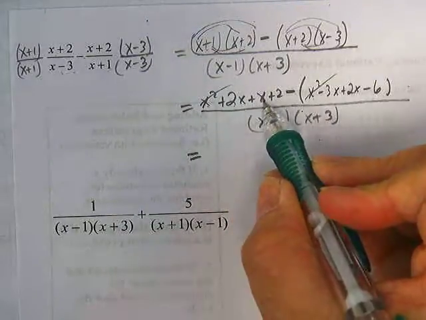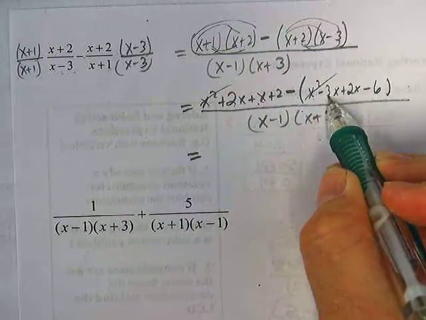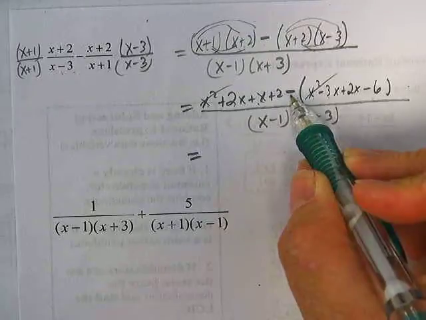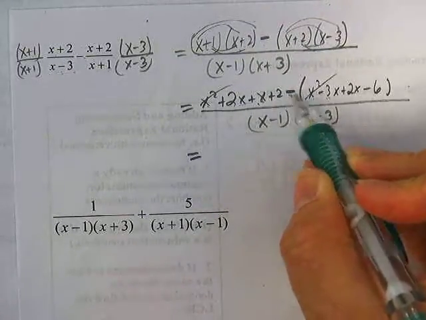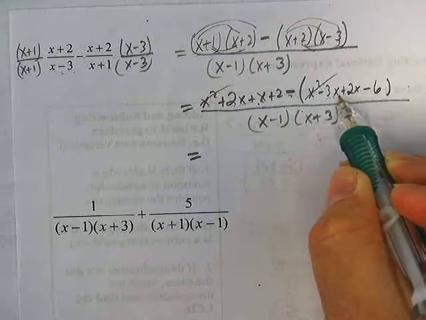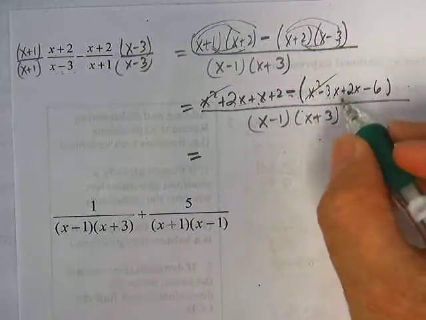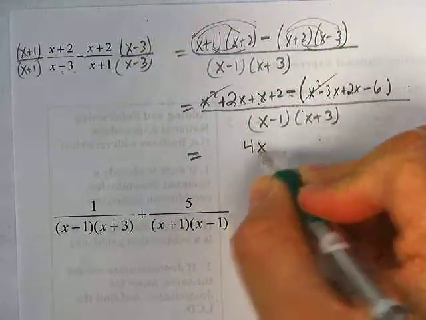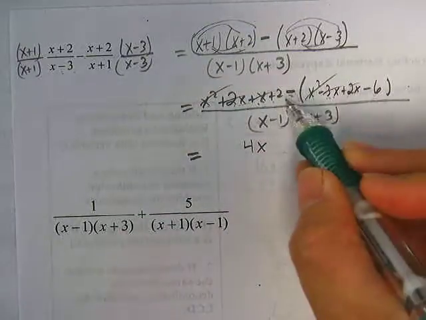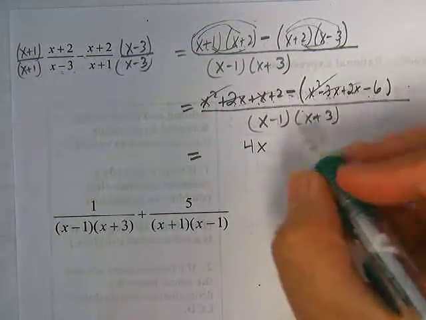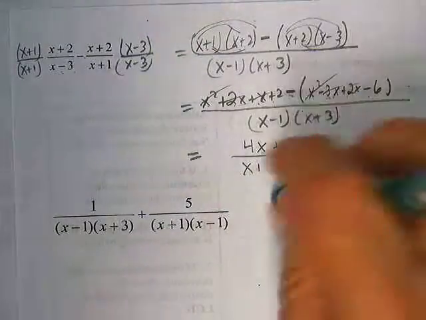And here we've got 2x plus x, which gives us 3x, minus a negative 3x. So 3x minus a negative, that's the same as adding. So that becomes 3x plus 3x is 6x minus 2x. That's 4x. So we've got 4x now. We combine this, and here we have a positive 2 minus a negative 6. So minus a negative is the same as adding it. So plus 8 over x minus 1